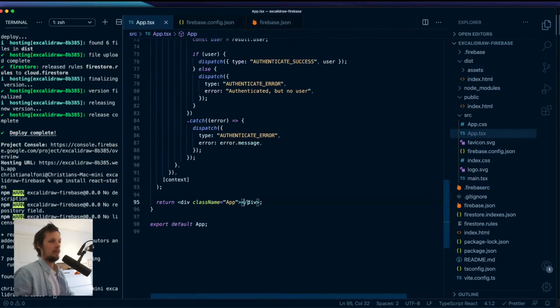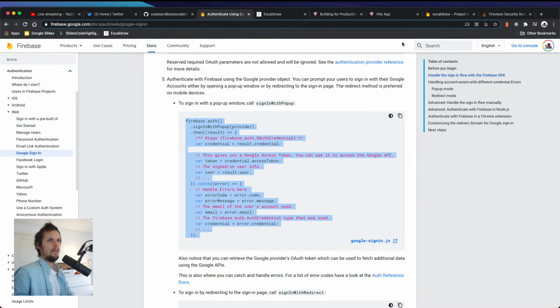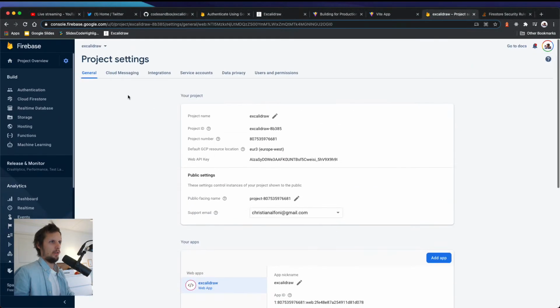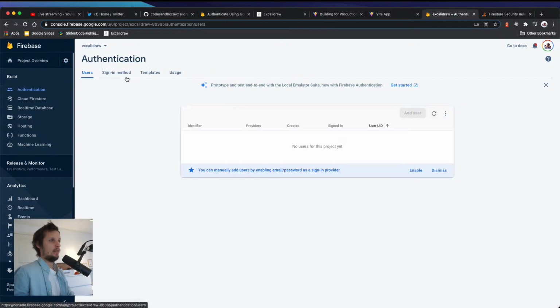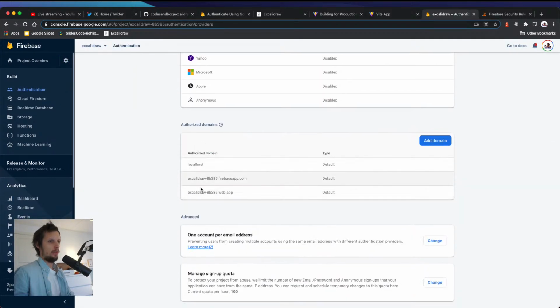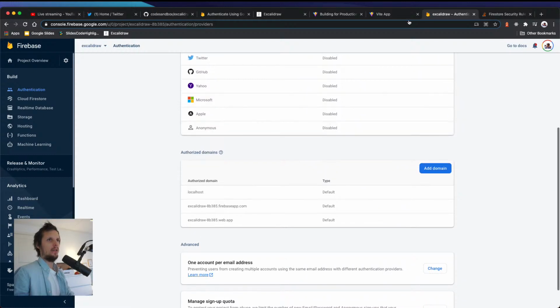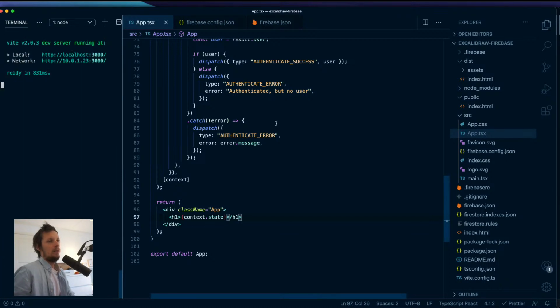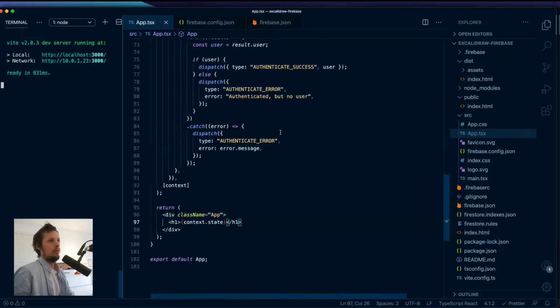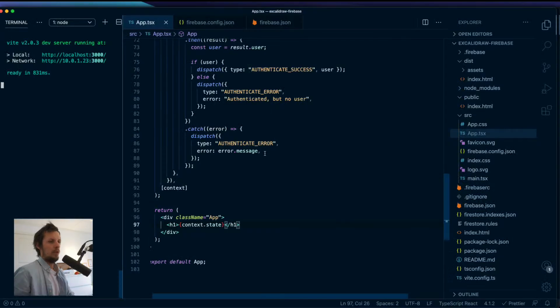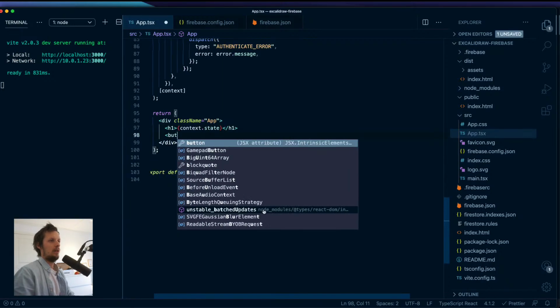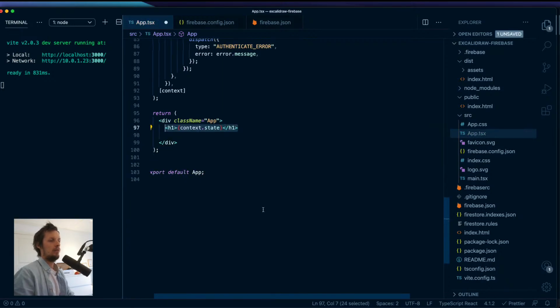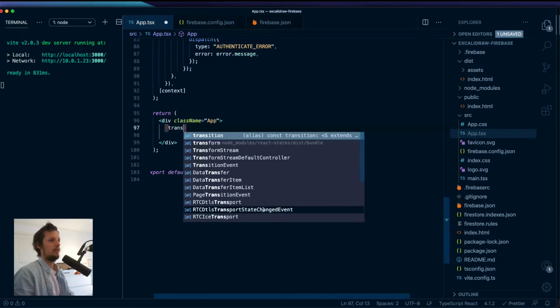So now let's do an h1 with context.state, just to see if we actually get the different states. And then I think, if I remember correctly, in authentication we have, oh, localhost is there. Okay, cool. Is it running? No. So we're, oh, we need a button to actually start authenticating. Okay, so what we're going to do instead, we're going to use this, what did I call it? Transform